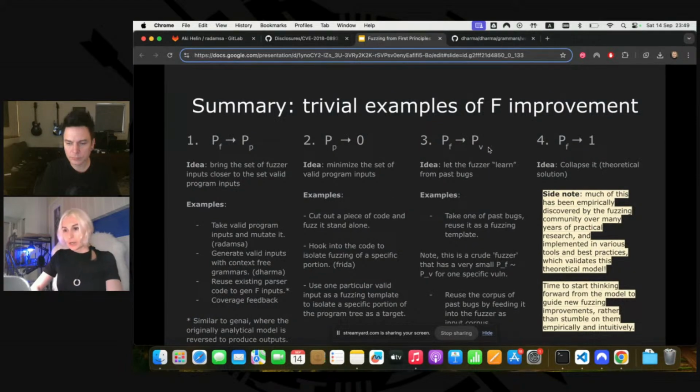The third approach here is to try to optimize the probability distribution of fuzzing to bring it closer to actual vulnerabilities. A very obvious approach here is to take one of the past known vulnerabilities and mutate it in some way. In such a way, you will be trying to target the same region of the probability distribution and trying to find similar bugs. This seems intuitive, right? But my point here is to demonstrate how we think about it from the theoretical perspective, because it contains everything, and it allows us to devise new kinds of techniques and understand exactly what we're doing.